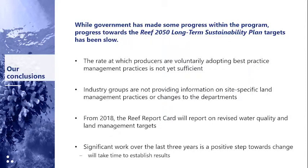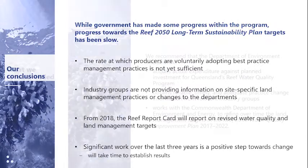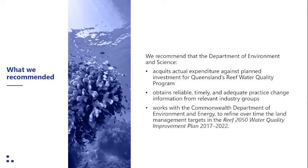Water quality outcomes will take even longer to determine, and the reef remains vulnerable to threats, including water quality from broad-scale land use. We made 3 recommendations in this follow-up audit, which the Department of Environment and Science accepted. These are that it acquits actual expenditure against planned investment for Queensland's Reef Water Quality Program, obtains reliable, timely and adequate practice change information from relevant industry groups, and works with the Commonwealth Department of Environment and Energy to refine over time the land management targets in the Reef 2050 Water Quality Improvement Plan